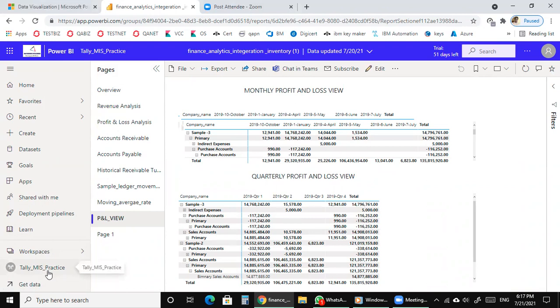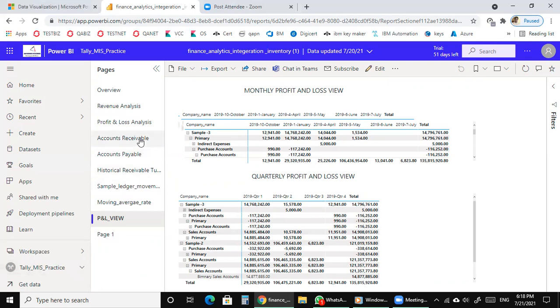Now, Bhuvneshwari, one thing is there. You can see if you click on plus indirect expenses, the debit entries are there. So the negative entries are the debit entries, the positive entries are the credit entries. Just because they will ask, so negative entry, it's in purchase account, it's a negative entry. But if it's a sales account, then it's going to be a positive entry. So if you see this, all these are positive entries, they're all credit entries, right?